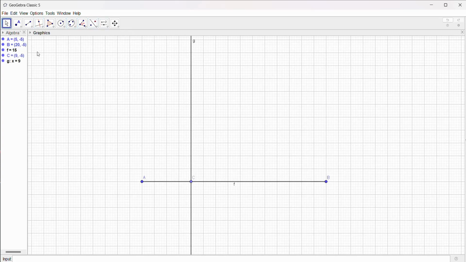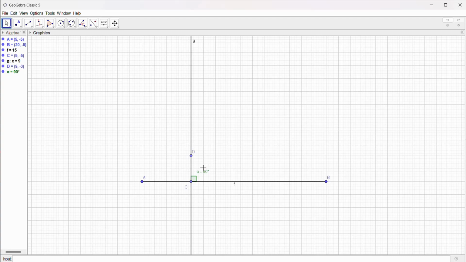So what is the definition of a perpendicular line? It tells that at the intersection point, it forms an angle of 90 degrees. You can see from here, my intersection point is point C. So I am going to measure this angle, to check whether it is 90 degrees or not. Let's measure the angle BCD. I'm going to measure it, angle B, C and D. And you can see from here that the measure of the angle is 90 degrees.